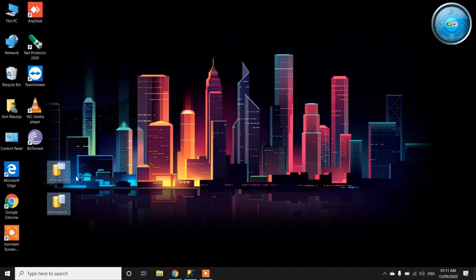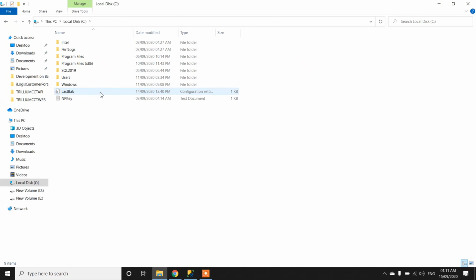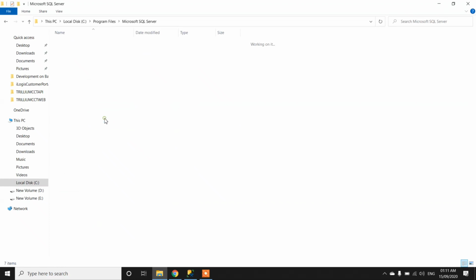So today we are going to see how to attach an existing database in SQL Server Management Studio. First of all, you have to keep these two copies of the database. Now open your File Explorer, go to C drive, in Program Files go to Microsoft SQL Server.